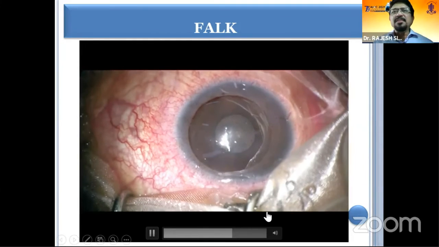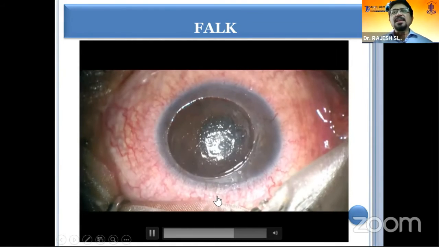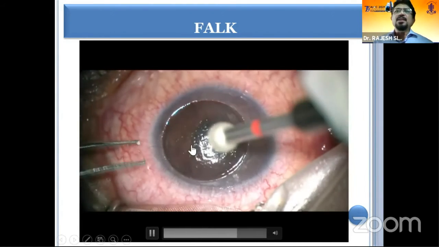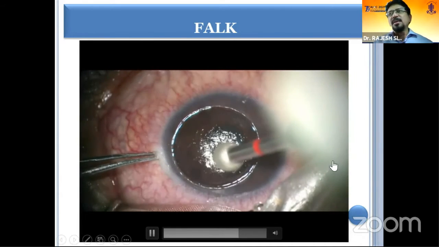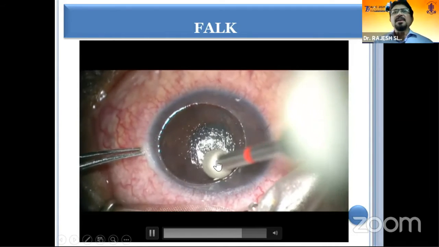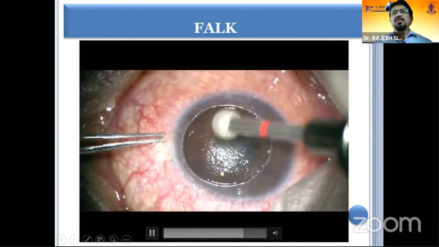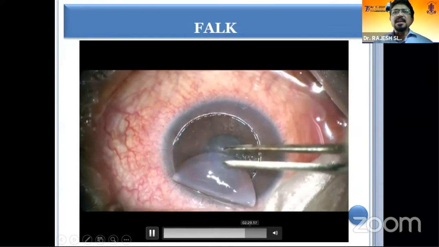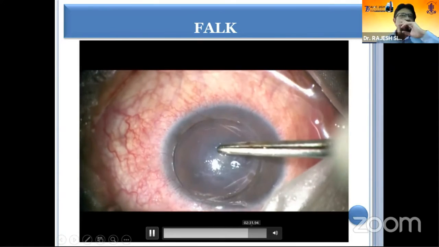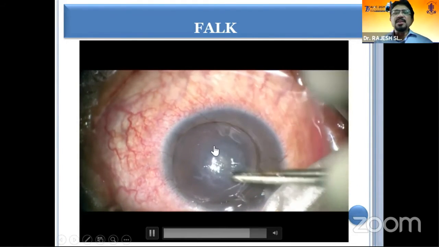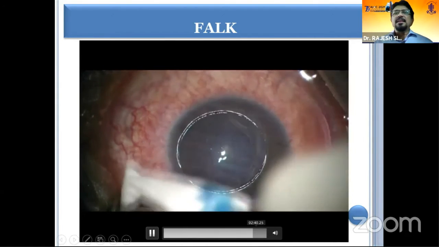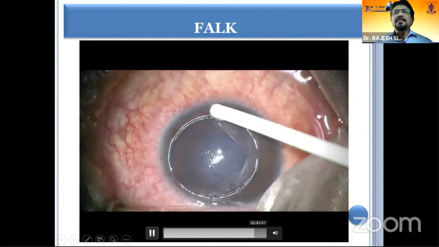It is just to wash the blood, and then we dry it and then put the donor lenticule over it. In this particular case, because I had to dissect a bit, I had to do some more effort. So I could see a little bit of irregularity on the surface. So I'm just trying to polish it a bit and then put a donor lenticule over it. Now, once it is there, you just dry the edges and put fibrin glue and then put a bandage contact lens over it.